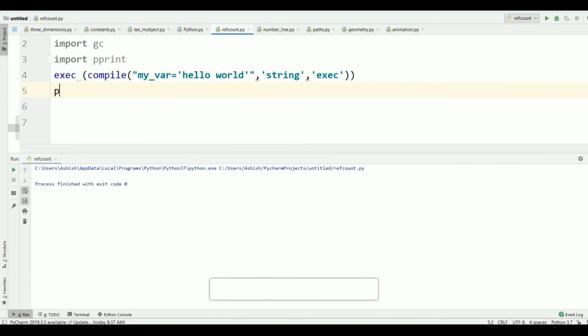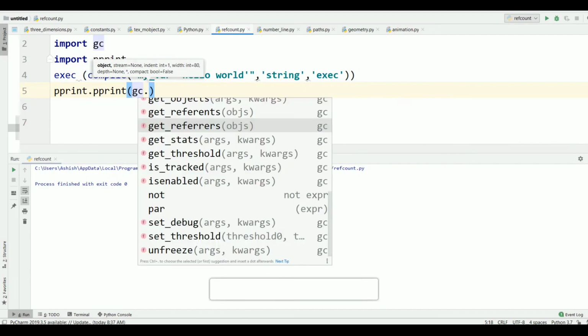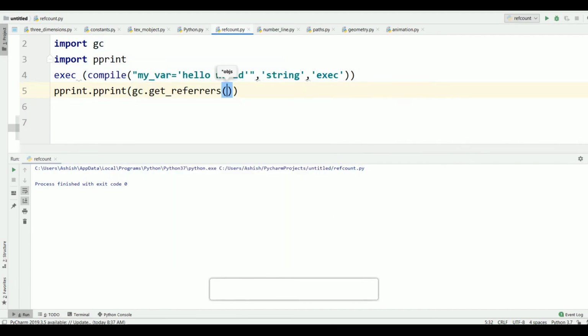Now we see pprint gc.get_referrers, giving my_var, that is the variable.